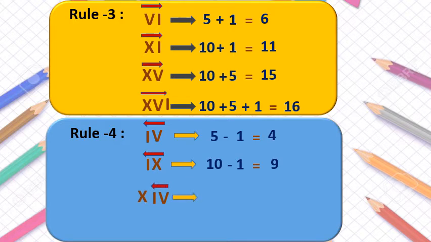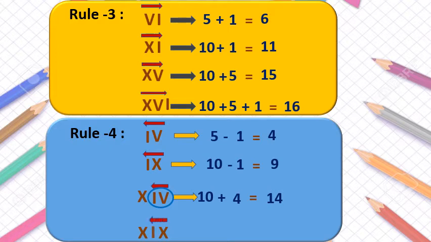Only you take I and V, because X we know is 10, and IV, as you can see, is nothing but 4. So here we will do 10 plus 4. Okay, this is 4, you know. So the value is 14. Like this we write 14. 14 means X, I, V. IV is nothing but 4.